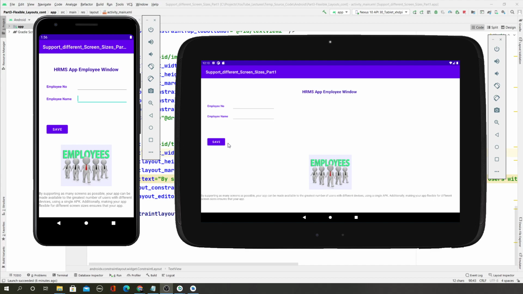So same app, when you run on different devices, if the device width is small and if the device width is large, as you can see, on a larger width the width will match the parent, like the whole area, and the height is wrapped.